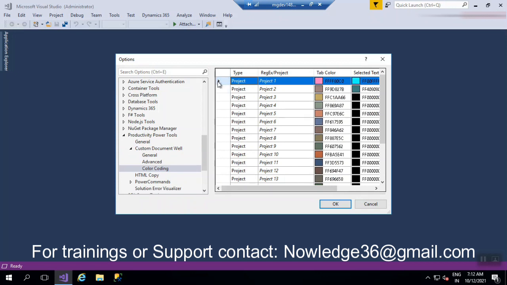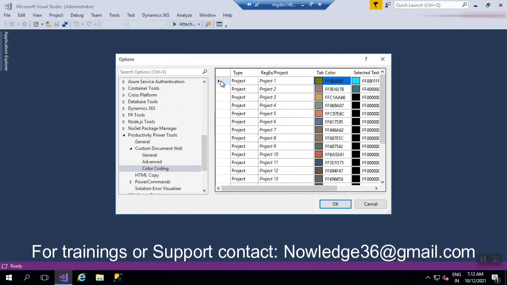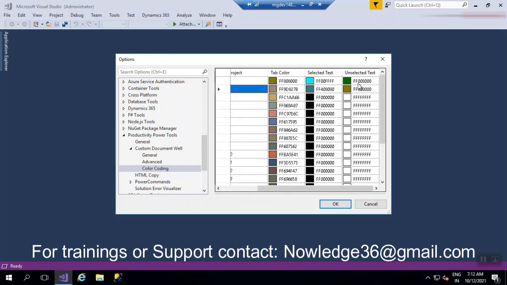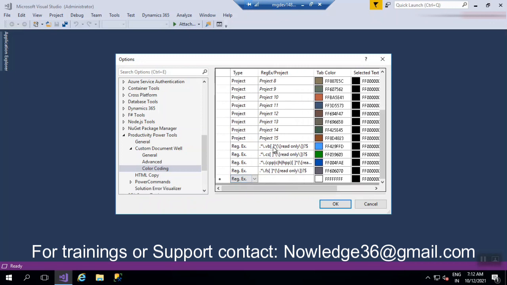For a project where you have given the tab color as pink, you can select some other color as well. For any project, you can give some other colors. If you are selecting some text, the tab color will be this green, which I have changed right away. In this way you can give colors.